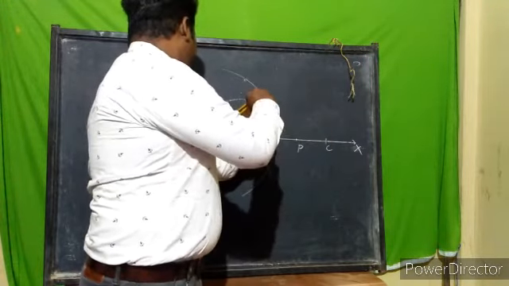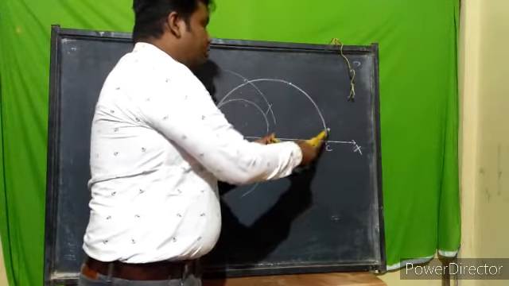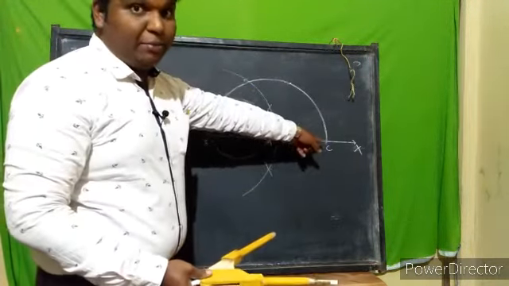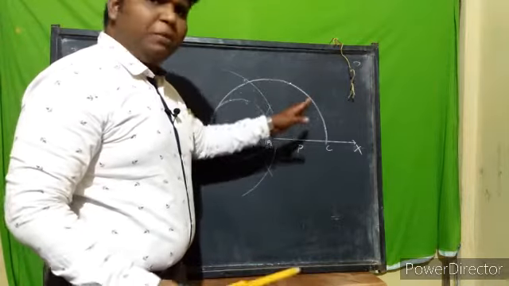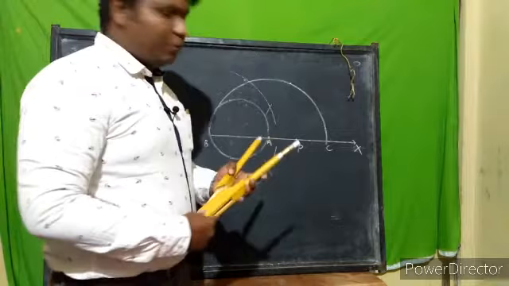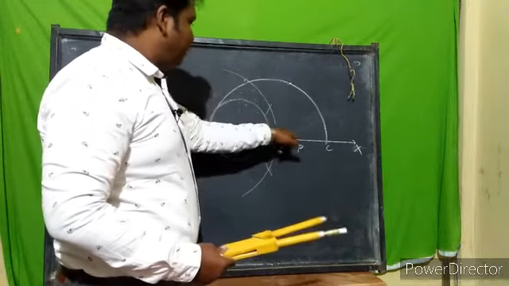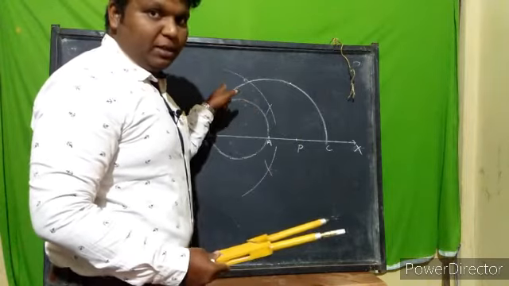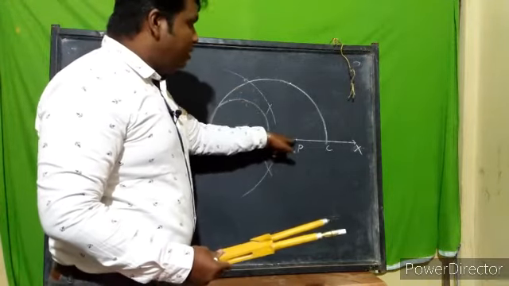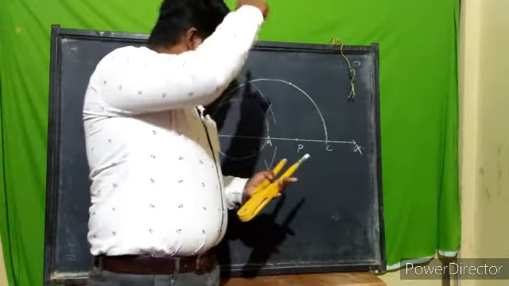Then draw a semicircle. It should correctly meet at C. Okay? एकदम C पे ही आएगा। After this, सेमी सर्कल तो बन गया। उसका बाद P से करना है ना, हमारा tangent जो है P से होना चाहिए, राइट? क्वेश्चन में वही दिया था, P से होना चाहिए. So at P, you have to construct a 90-degree